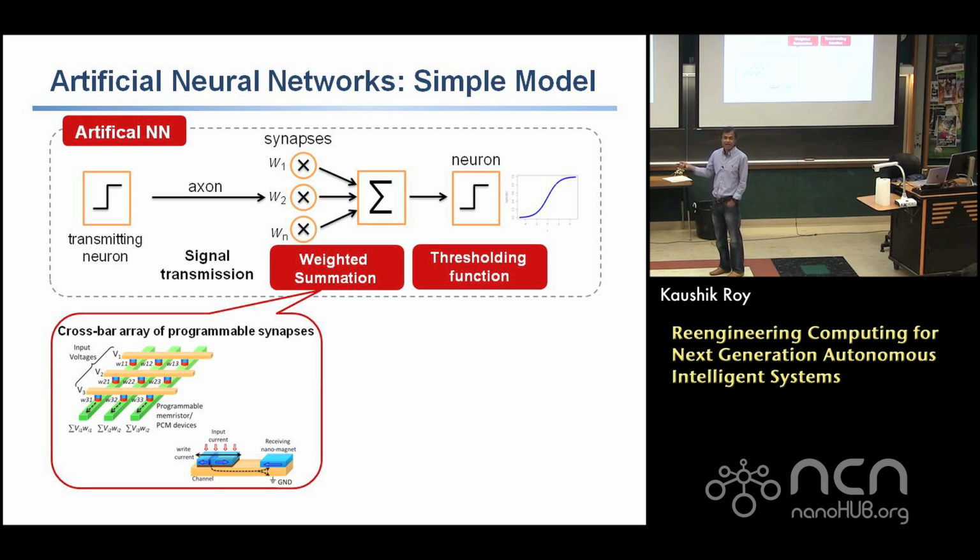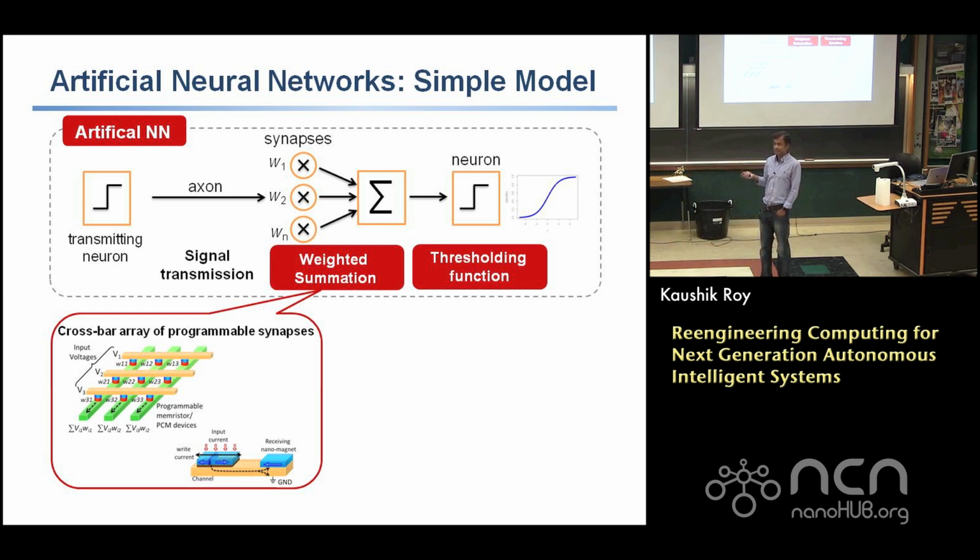I am doing that summation of ViWi, just like the weighted summation that I'm doing here. I don't have to go to the memory. I basically say, hey, I have these devices which are memory devices right here, and I do the computation, which is multiplication, an analog computation, multiplication and addition, directly in my memory unit right here. That would be compute in memory. I don't have to go and fetch data from the memory. I can do the computation in the memory itself directly. And that's quite useful.